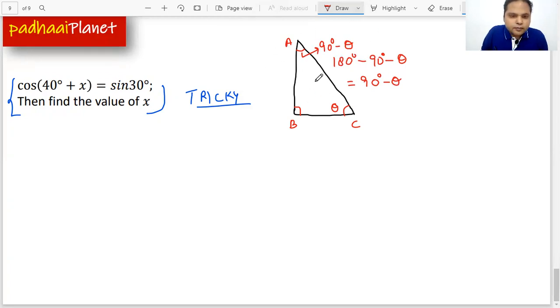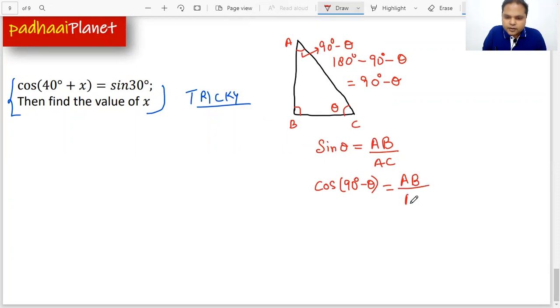Now, this is a very important thing here, and if we see that clearly, then we'll understand that from here, sine theta is equal to opposite being AB and hypotenuse being AC. At the similar point of time, if we try and find out cos(90 degree minus theta), then we will see it will be like adjacent over hypotenuse. So in this case, the adjacent would be AB and the hypotenuse would be AC. Now, if we observe these two,